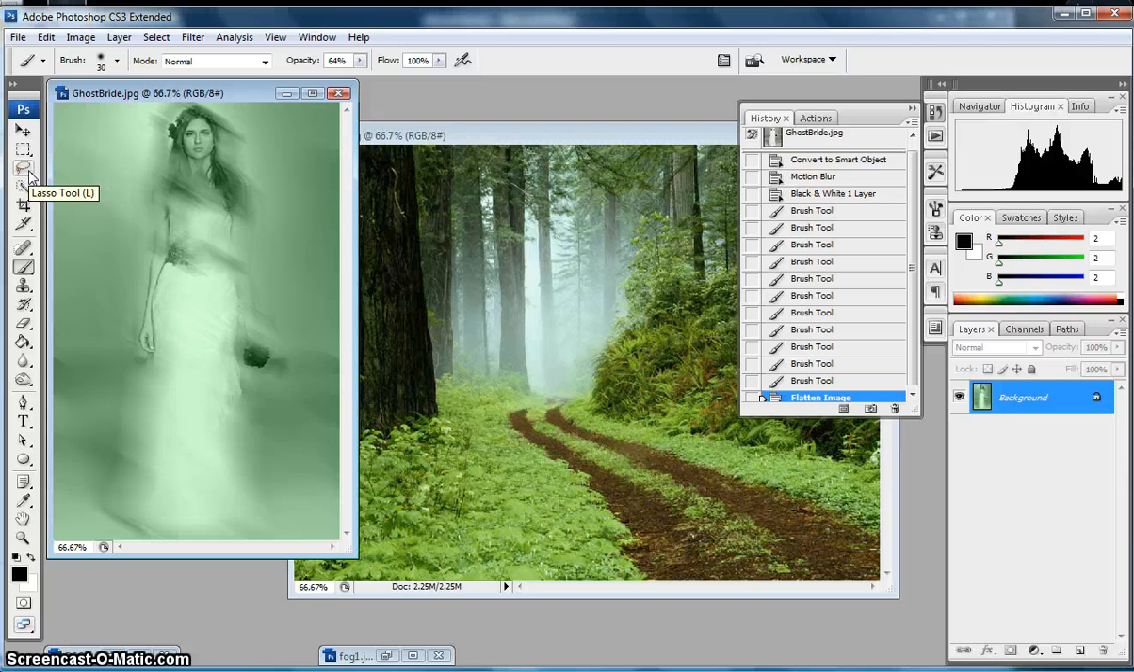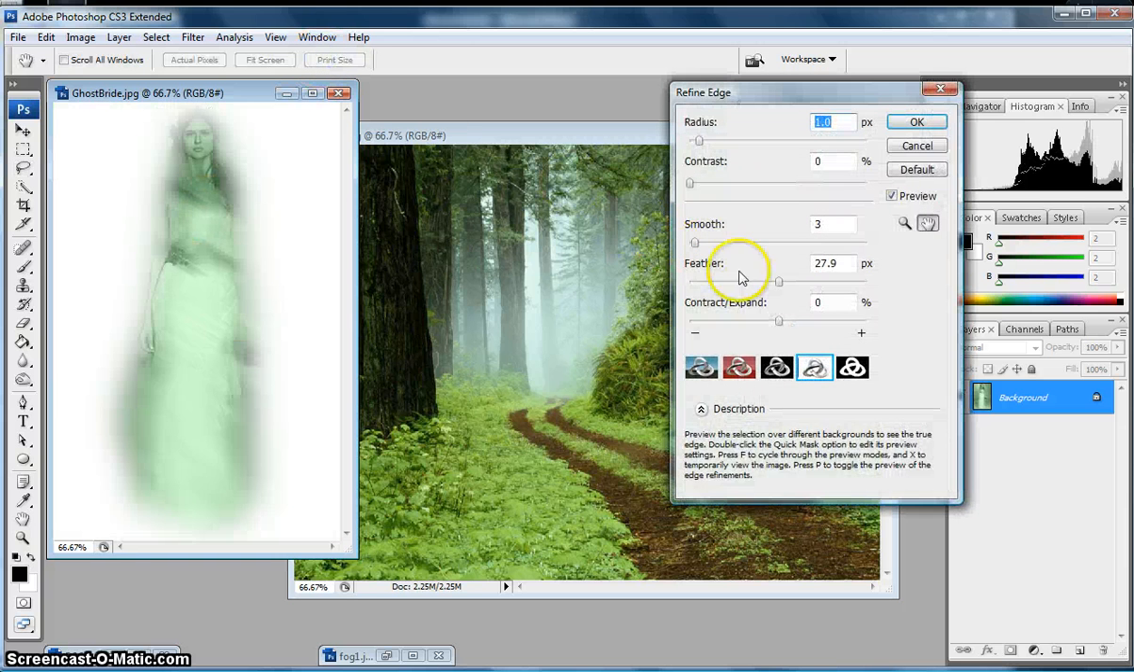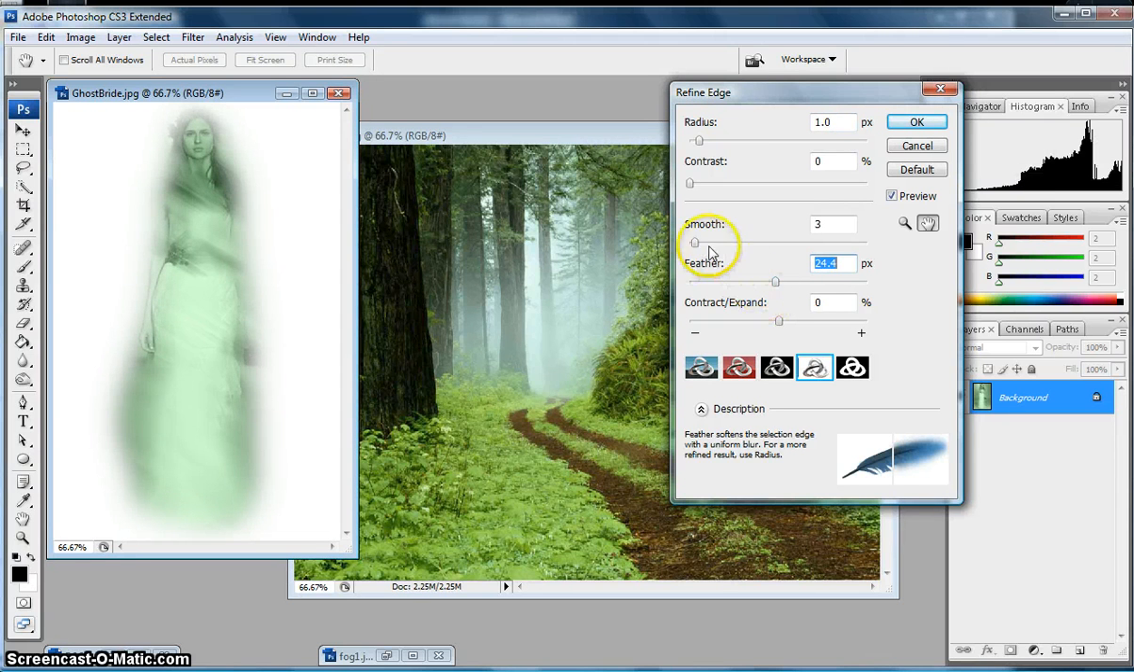I'm just going to use the lasso tool. The reason I'm using the lasso tool is I don't need to get very specific with this, because I'm also going to feather it out because it is a ghost. I don't know any ghosts personally, but I don't think they have hard edges. I think they're pretty soft. So I'm also going to use my refine edge, and I'm going to feather this out a little bit, actually quite a bit,